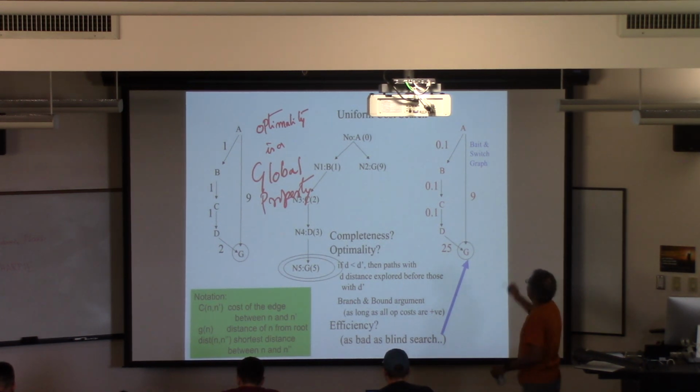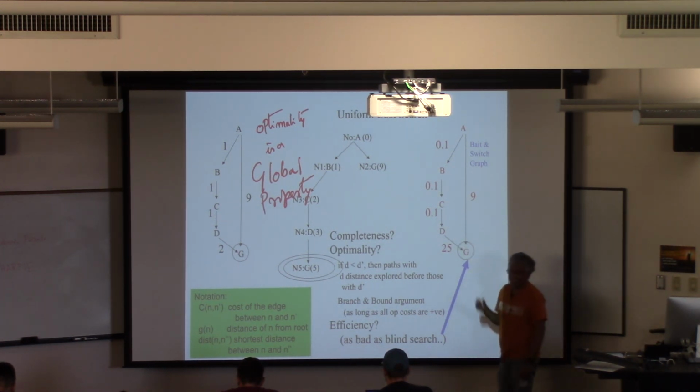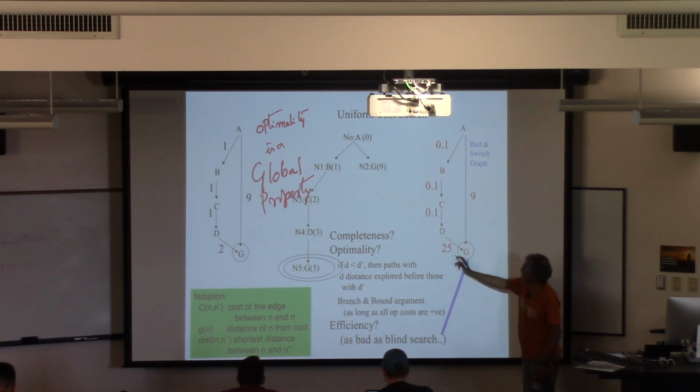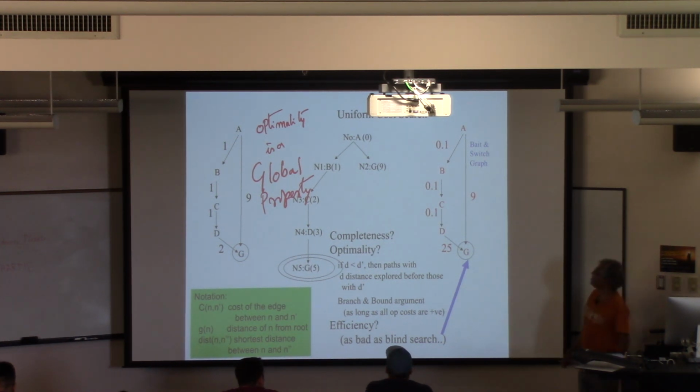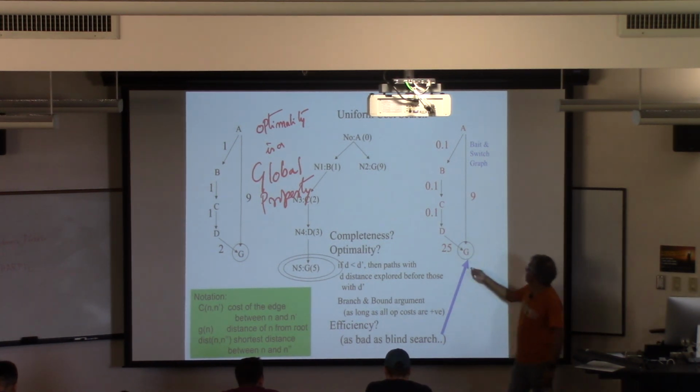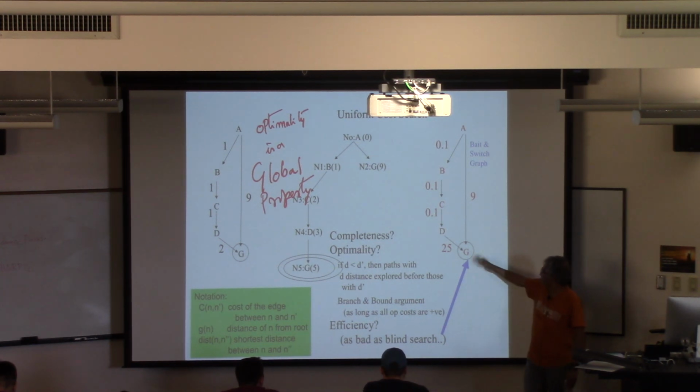Okay, so here, these are all 0.1s. This is 25 units. This is 9 units. So uniform cost search gets B onto the queue and G onto the queue, and it says, G, you guys are useless, you're still 9 units costly, these are 0.1 units costly. And I get C,